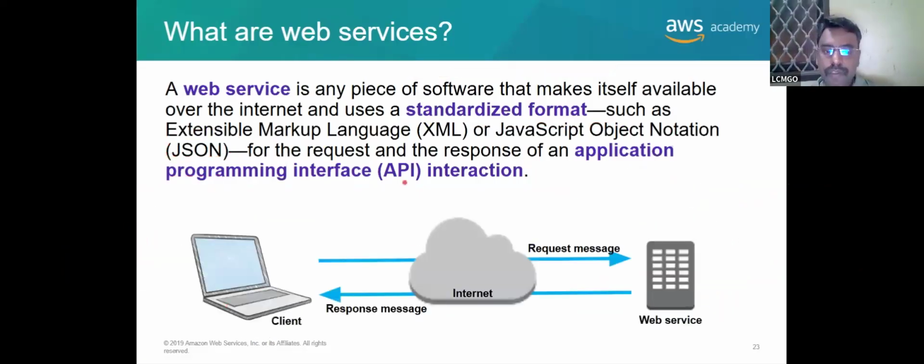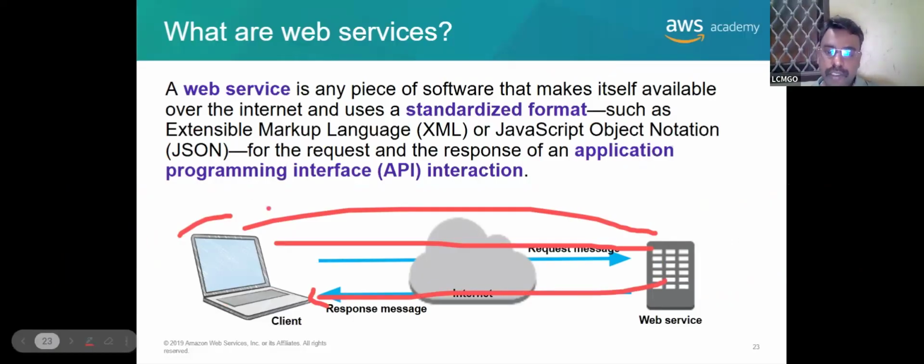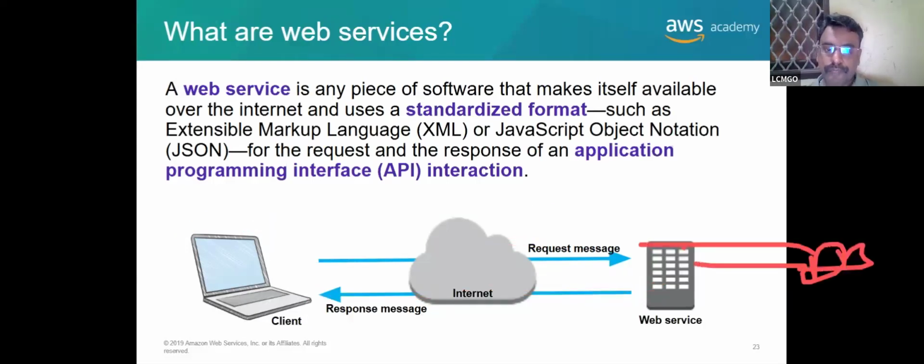Now that's where API requests come in, like client and server requests. The client is sending a request through the internet to the server, and the web service answers with a response to the client. I told you about three-tier architecture: it is the app, it is a web server. If we have a database connection, it will go to the database and then come back.